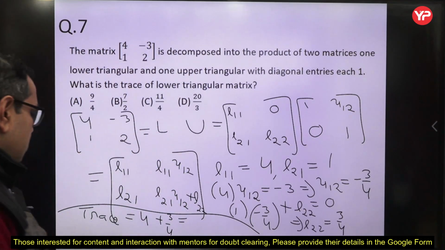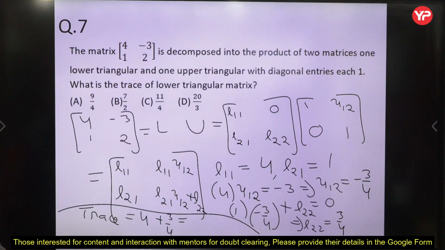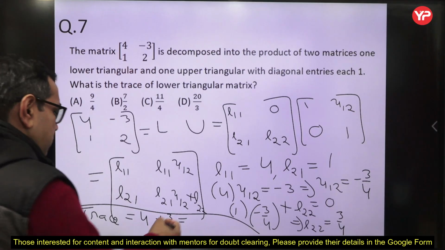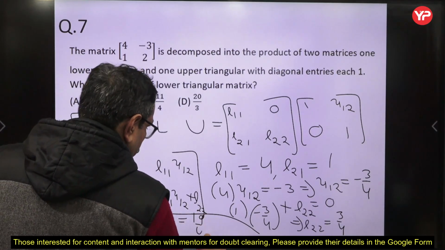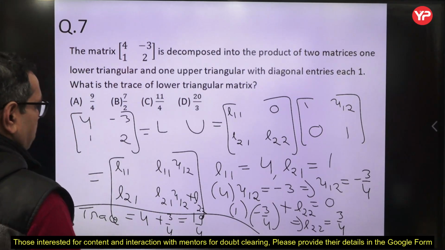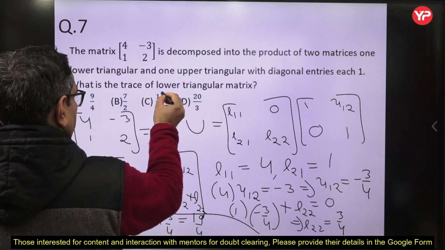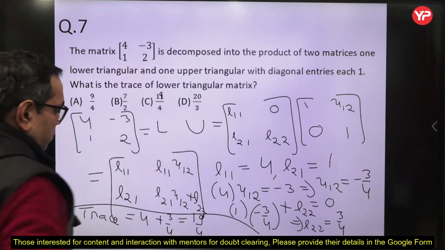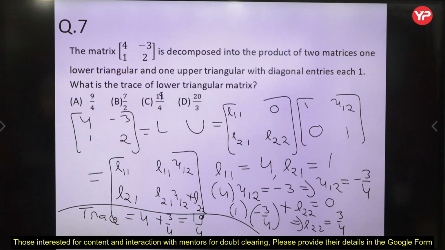3/4, ठीक है। सो ट्रेस विल बी 4, दैट इज L11, दैट इज 4 प्लस 3/4, 19/4 विल बी द आंसर। सो वी विल चेंज द ऑप्शन, 19/4 करना है यहाँ पे, ये जो 11/4 है ना, इसको मेक इट 19/4, ओके। सो सी आंसर वी विल टेक।